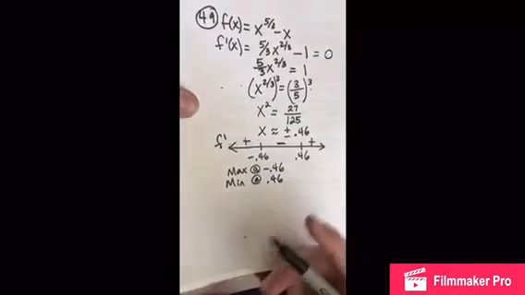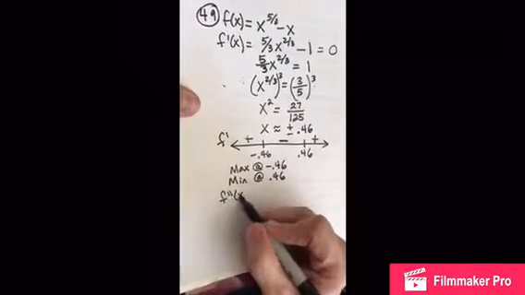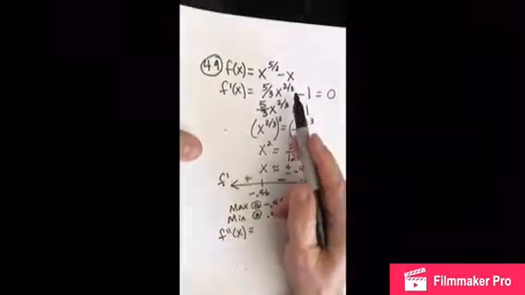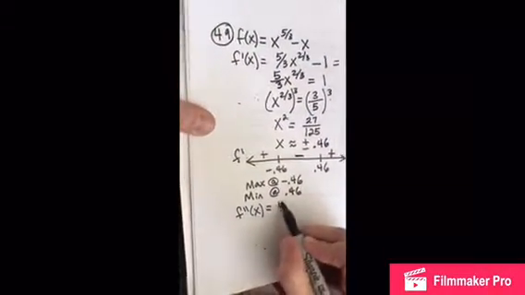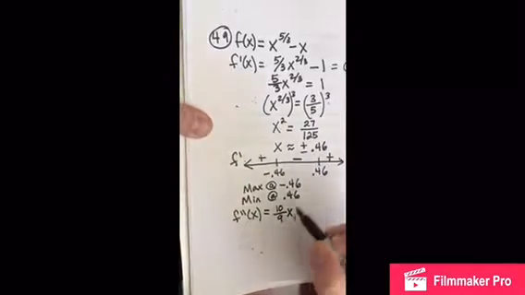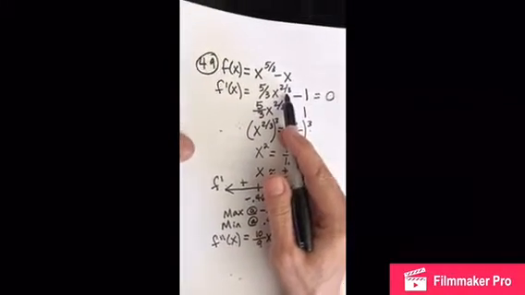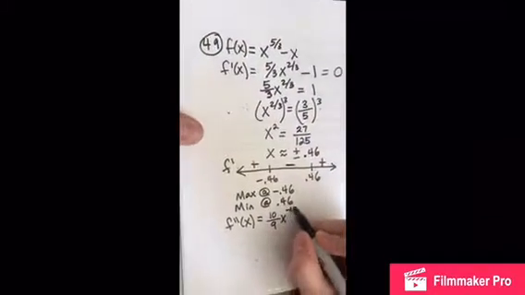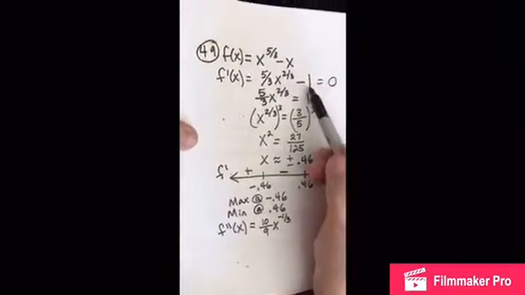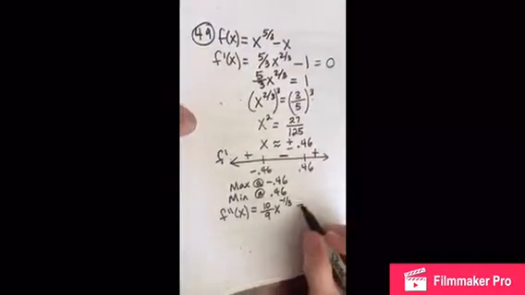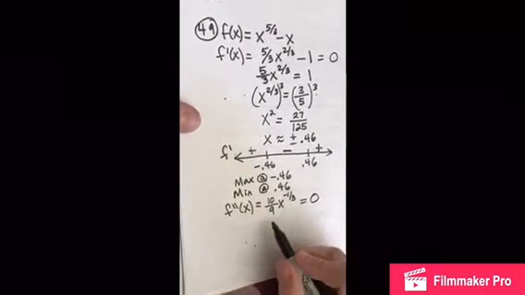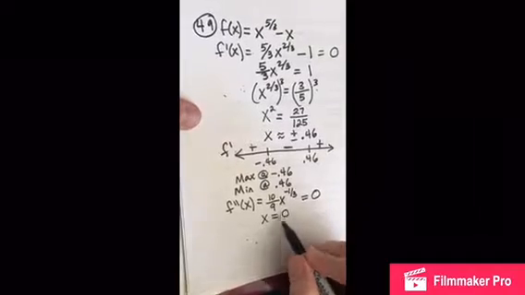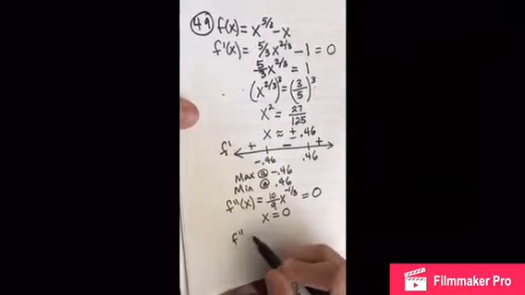Now we take the second derivative. A little tougher because we have to take the 2/3 times the 5/3, which gives us 10/9, and then decrease the 2/3 by 1, which would be negative 1/3. And then the derivative of 1 is just 0. So we set that equal to 0. And the only way that this could equal 0 is if x is 0. So we put that on our number line,